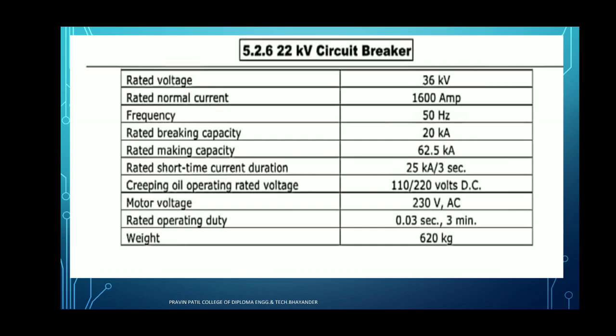But in case a fault occurs, that is the abnormal condition, the fixed and moving contacts get isolated. As the fixed and moving contacts get isolated, the continuity of the supply is disconnected, and hence it provides protection to the electrical equipment and avoids damage with the help of the circuit breaker.